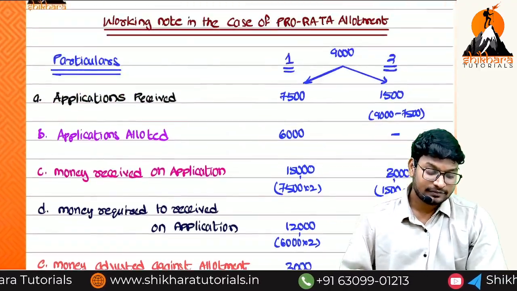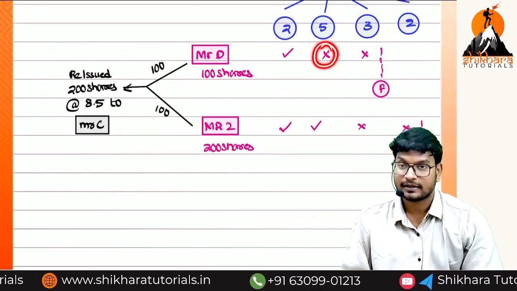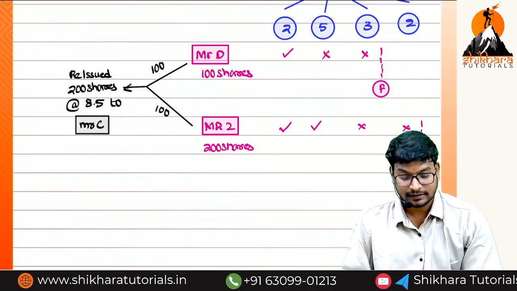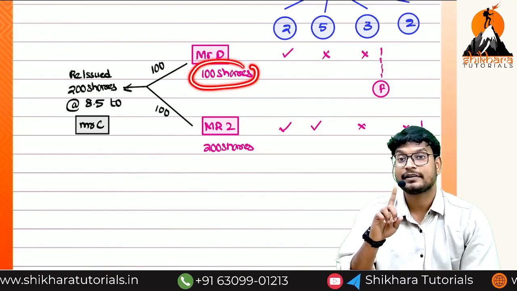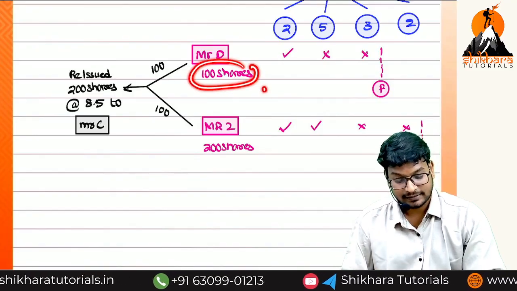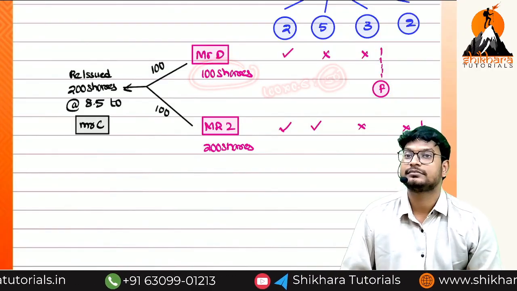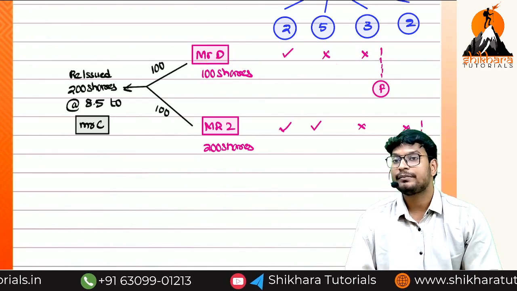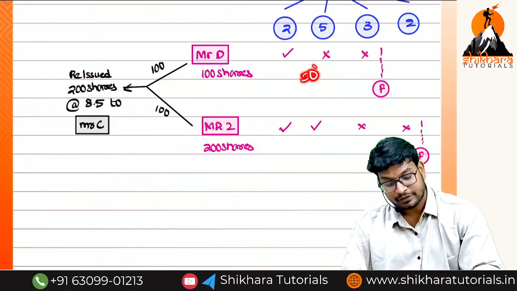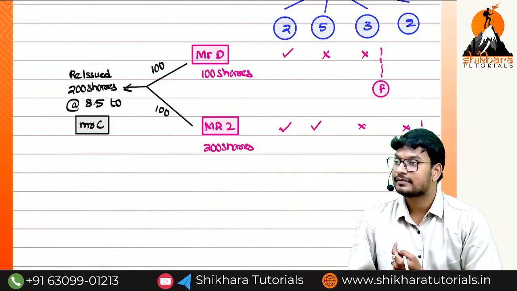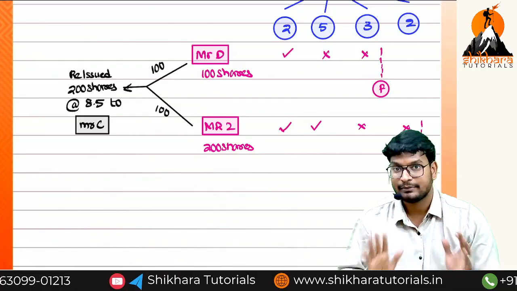If you see the first fellow, what has he done? He has not paid the allotment. On how many shares has he not paid? 100. But he has paid how much per share? 0.5. That means 100 into 0.5, how much? 50 rupees he has paid. Are you getting the point? The total allotment money he has not paid, because he has paid 50 rupees, only the remaining allotment money he has not paid. So that is the hidden point available in this question. Guys, are there any more doubts?